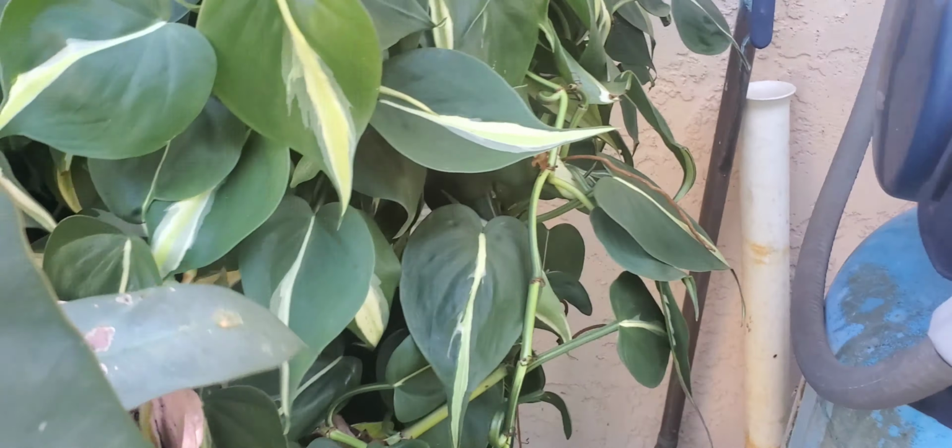Okay, oh look, here is the Birkin. Actually, the Meekins. There's the Birkin. Philodendron Birkin. And these have some really nice colors, and the leaves get darker as they get older. And there you go. And I just dropped the Meekins somewhere. Okay, there it is. Oh, good. It landed